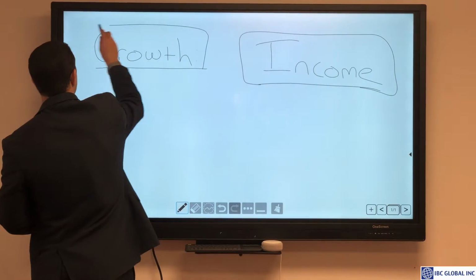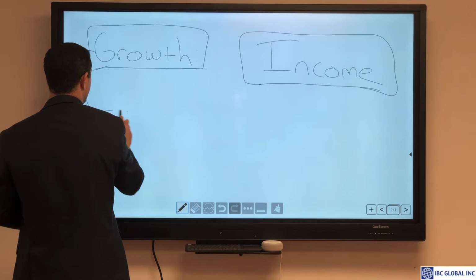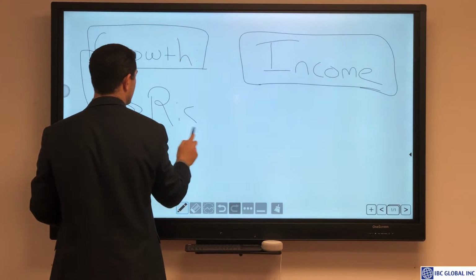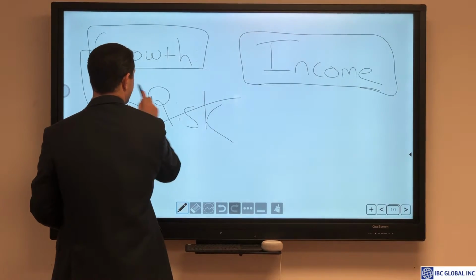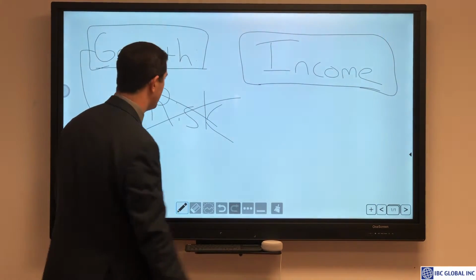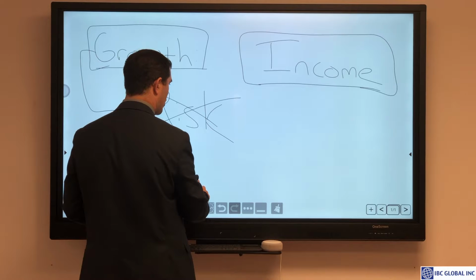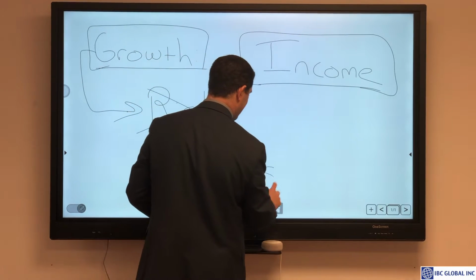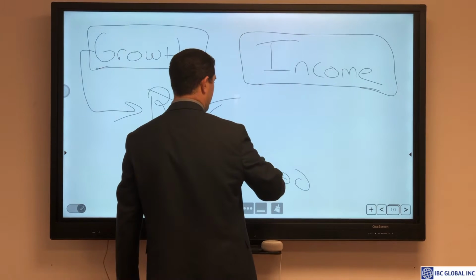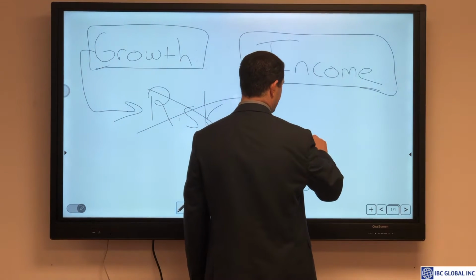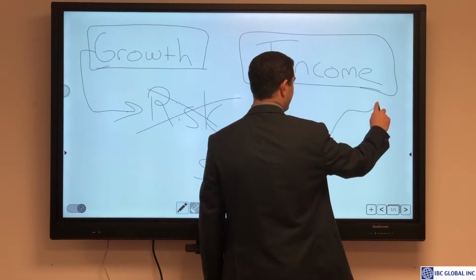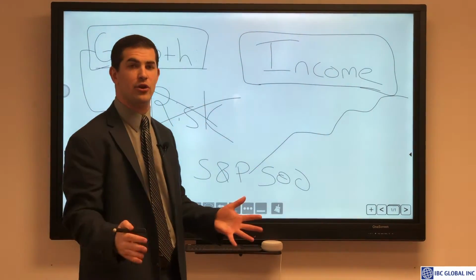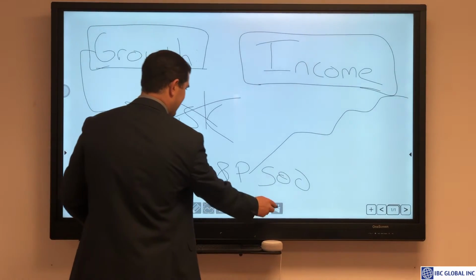When we take an annuity and look at it for growth, what we do eliminate is risk. That's out of the picture. There's no risk. Often what we'll see is if the market goes up, this is often used as the gauge, the S&P 500, market goes up, we go up with it. Market goes down, our principal is protected. However, there are limitations as far as how much we can actually earn. So let's look at an example here.